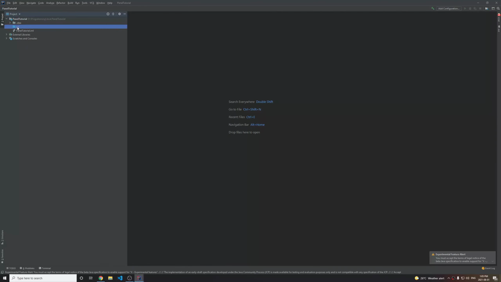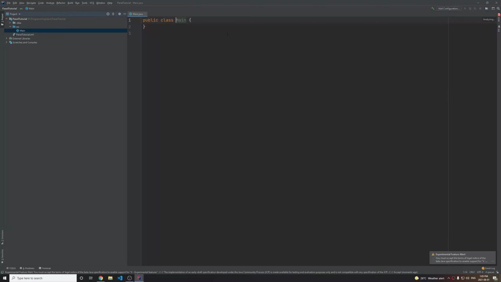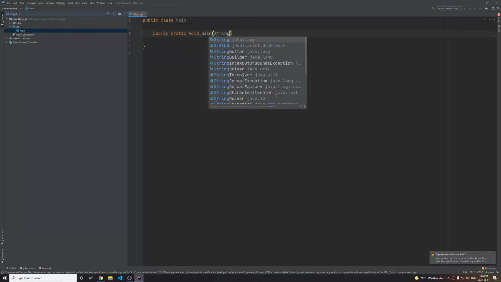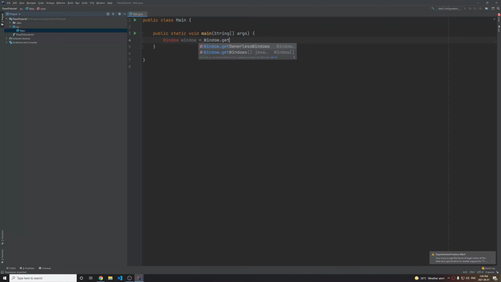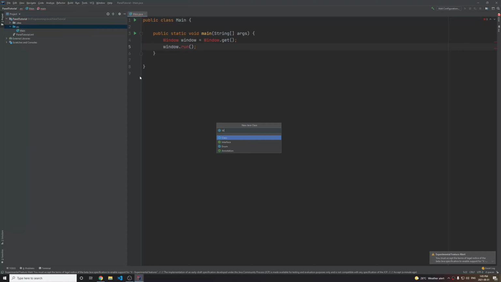So on here, we're going to have a new file, so make a new class called Main. And here we just need to add the main method, public static void main, and then we have String array args. Now in here we're just going to make the same that I had before, so window is equal to Window.get, and then we do window.run. And now let's make the window class. So we'll make a new Java class called Window,